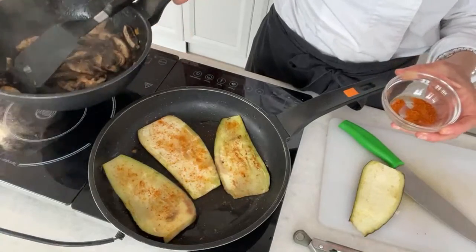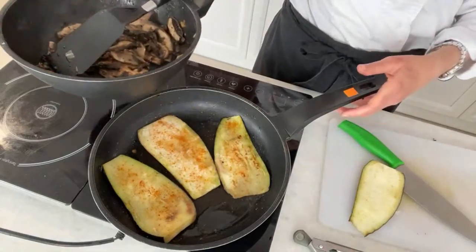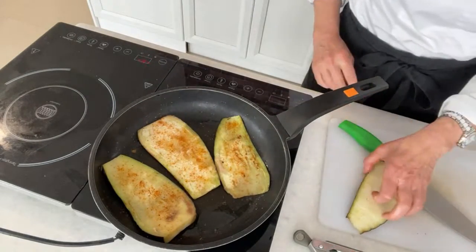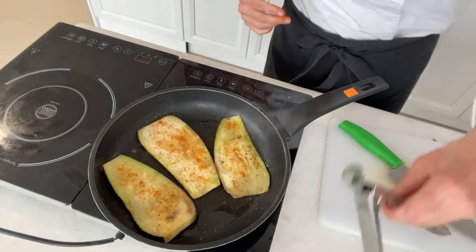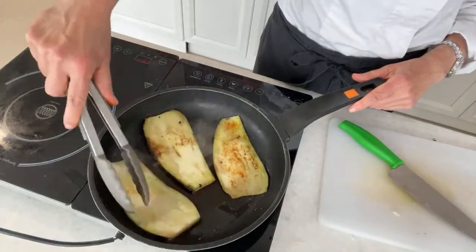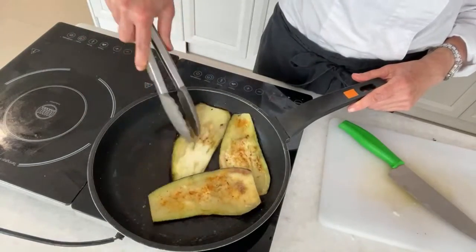So now I'm happy with the complete cooking of my mushrooms. I'm going to pull those off to just allow those to cool. I can continue to baby my eggplants here. So now the last, but not, well, two more ingredients we have that are going to be stuffed into our